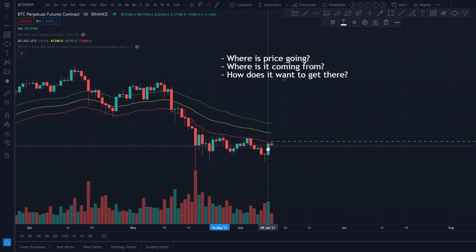I've yet to meet a trader. I haven't met thousands and thousands of traders, but I've yet to meet a trader that's been successful at pure guessing. I've yet to hear of one or meet one or see someone that wrote a book, how to guess with trading. Actually, that's probably a book I should write, but that's neither here nor there. These 3 questions should be the foundation of your trading system.